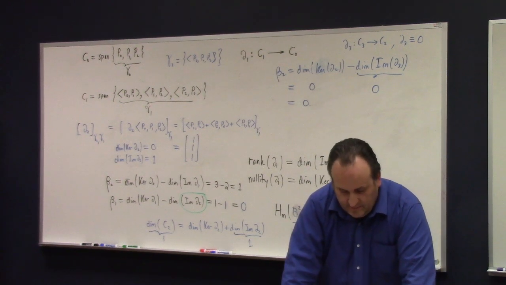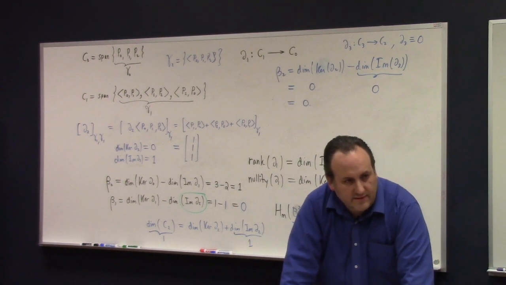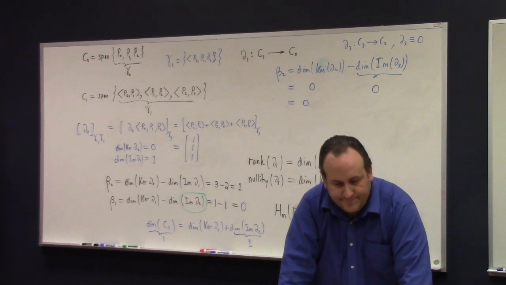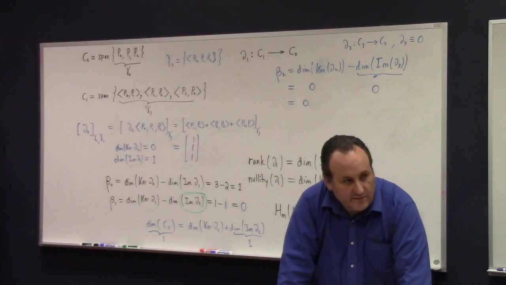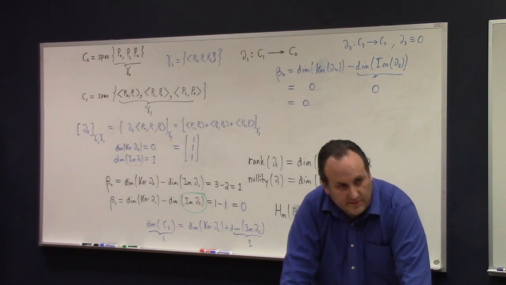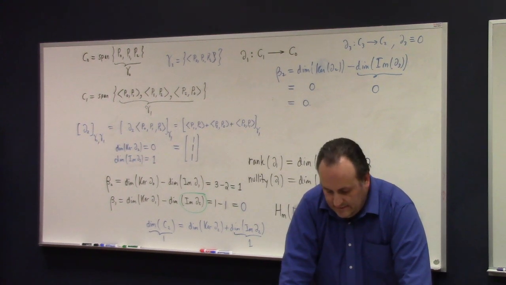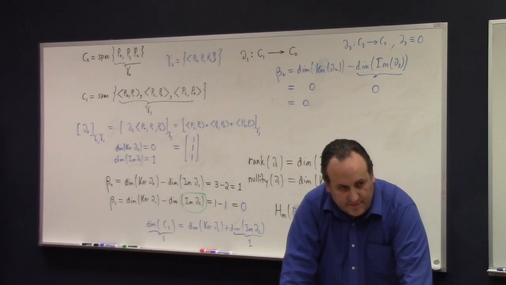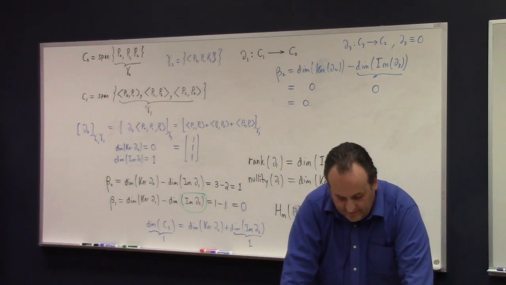So we talked about the Euler characteristic in the manifolds course. I think I talked about the Gaussian curvature. Gauss-Bonnet theorem. The Gauss-Bonnet theorem relates the integral of the Gaussian curvature over a surface to the Euler characteristic. And here we also learned that you can calculate the Euler characteristic by taking the alternating sum of the